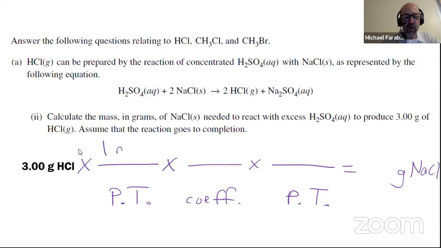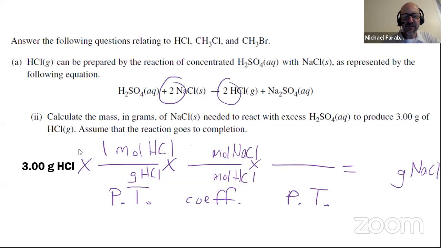So we know that 1 mole of HCl has a certain mass. The periodic table can help you there. Then we're going to go from moles of HCl to moles of the other chemical, which in this case happens to be sodium chloride, and they already gave us a balanced chemical equation, so we know what those coefficients are. Then you have to go back to the periodic table because we have to get to grams. And again, the periodic table can help you convert from moles to grams. So if you do that,